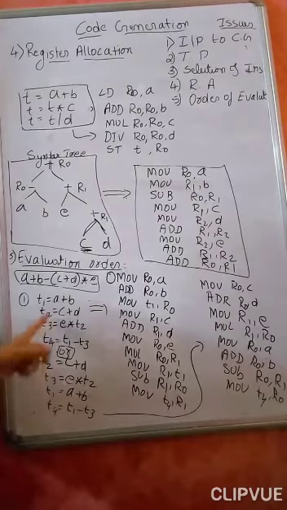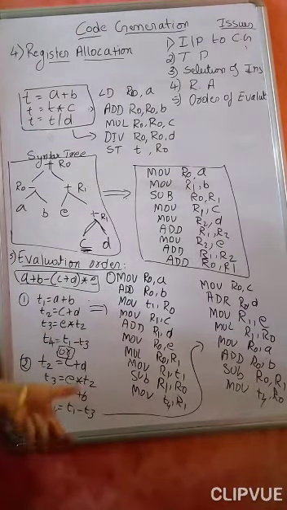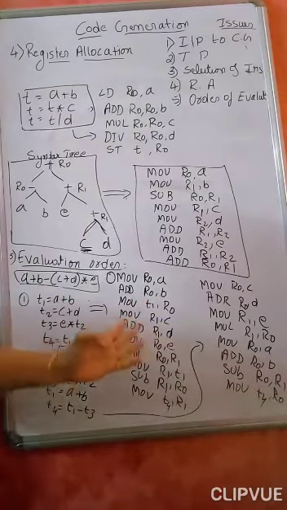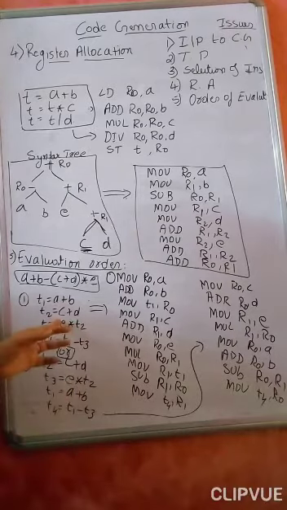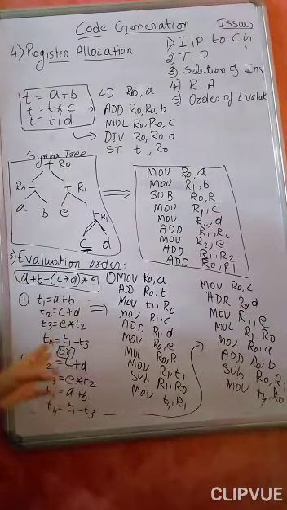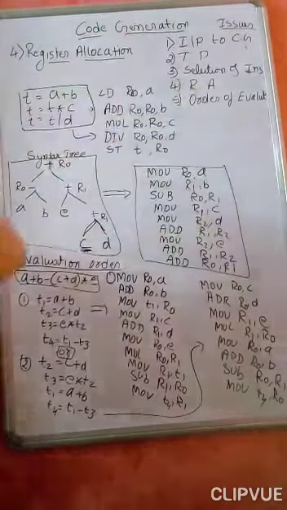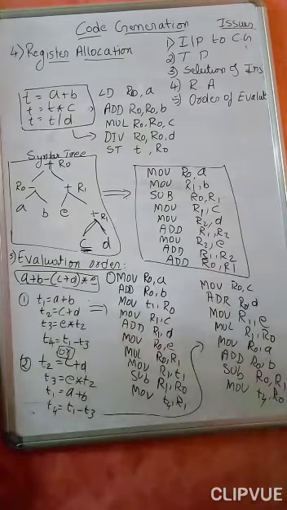Therefore, order of evaluation also matters a lot. In order to generate an efficient target code, this order of evaluation is better when compared to the other one. So that's why order of evaluation is also important. These are the 5 issues I have discussed today, along with an example for each of them, which are very important while designing any code generator. Okay, thank you.